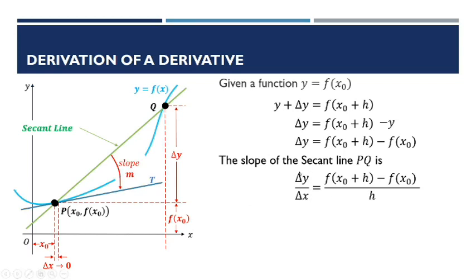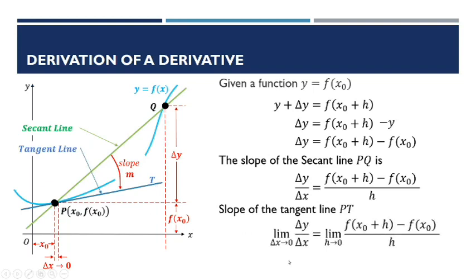So yung slope ng second line, ang i-approach na niya is the slope of the tangent line kung saan 1 point na lang yung ini-intersect dun sa curve or sa graph ng curve. So as delta x approaches 0, the slope of the second line approaches the slope of the tangent line. Okay? So the slope of the tangent line, PT, is the limit of the slope of the second line, PQ,